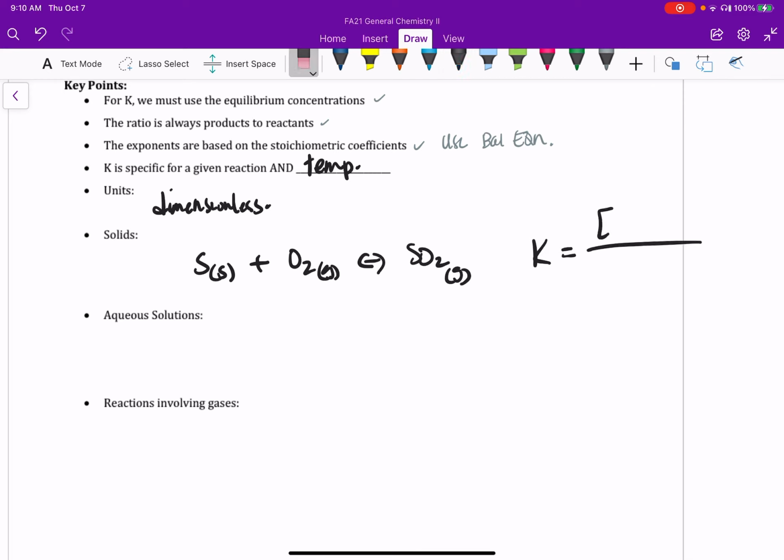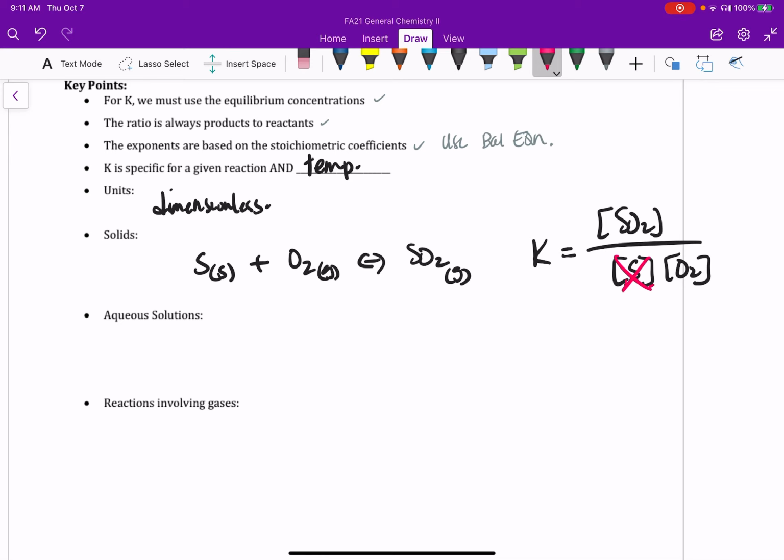So I'm going to have concentration of that SO2 over concentration of, we would have S and O2, but we're not going to use that concentration of the sulfur. And this just has to do with the fact that concentration is not really changing. So if I'm reacting a solid with a gas, we're going to be working with situations where that solid is enough excess that it's not changing in concentration, right? Solids are confined to a set space, so they're not changing in concentration in the same context that the other